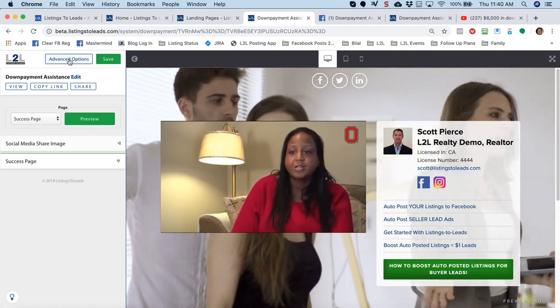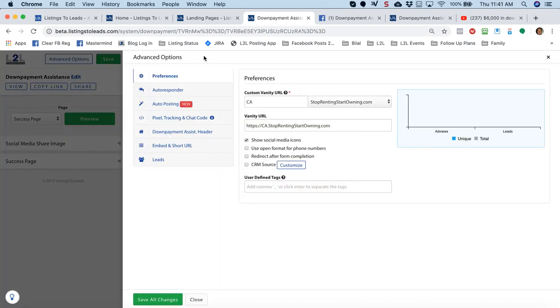Next up, advanced options. So this is where you control the prefix. So I put CA, so put something that's appropriate, set it once, and then don't change it again. Because if I were to change this from CA to something else, everywhere I put that link, ca.stoprenting.startowning.com, will be broken. So set this once and leave it,